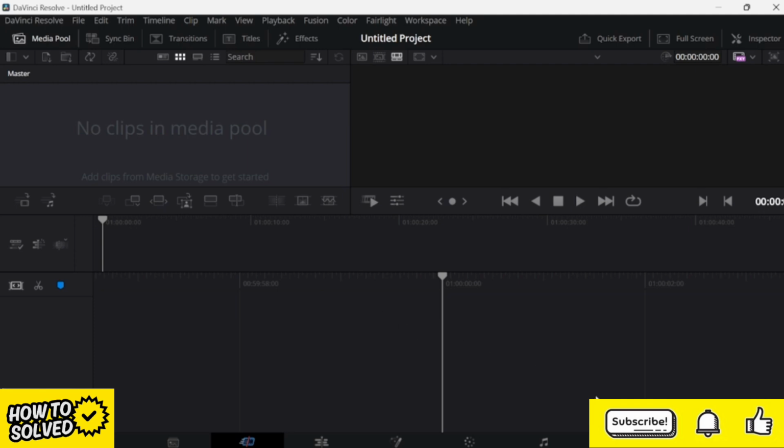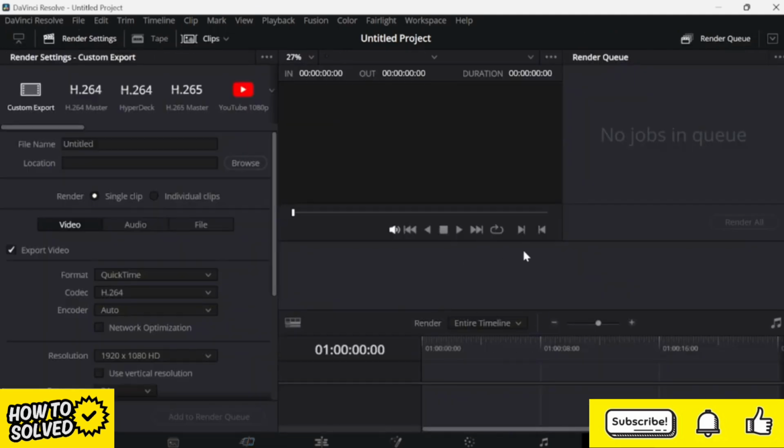And now what we're going to do is come down to this Deliver tab at the bottom here, and this will bring up the rendering settings window. So we need to select these three little dots up here and come into Updates during renders, and make sure this is turned off. And then the last thing you can do if that's still not fixed the issue is